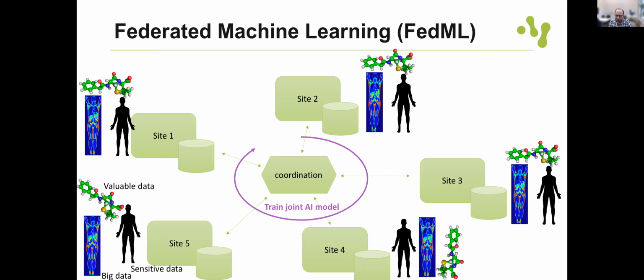But they all have some shared problems. They all want to, for example, predict some sort of toxicity endpoint, different toxicity endpoints. And they all see the advantage if all companies could jointly train a pre-competitive model for various types of toxicity. So this is something that we're working on together with some partners to try to get this implemented.